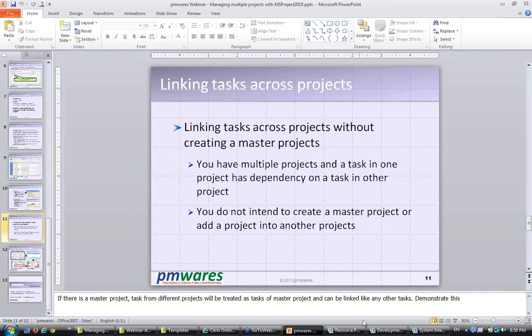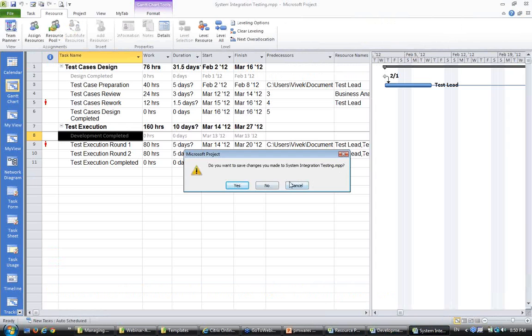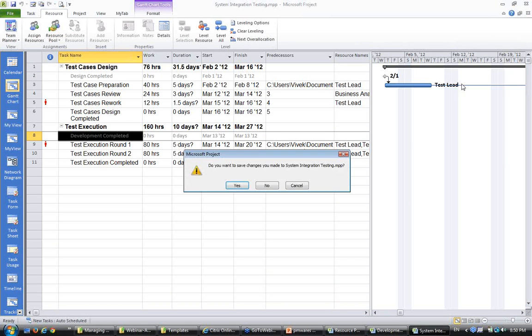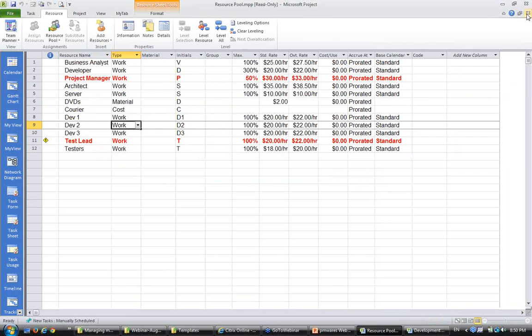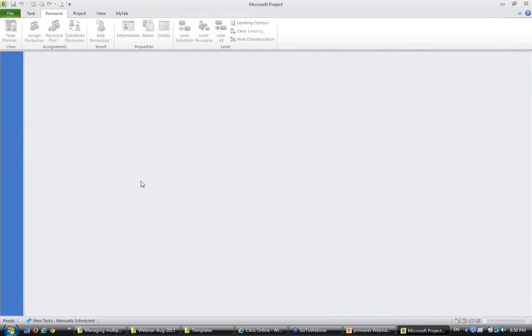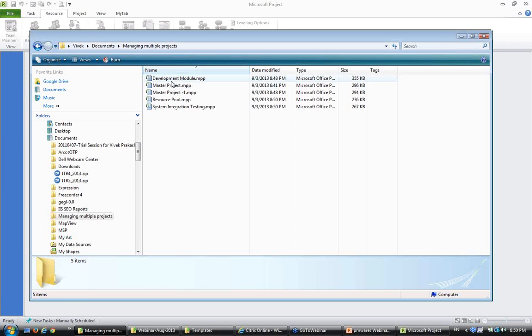Now sometimes what happens is that we want to create a dependency between two projects. We want to create a dependency, but we do not want to create any